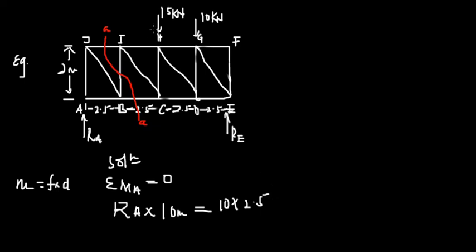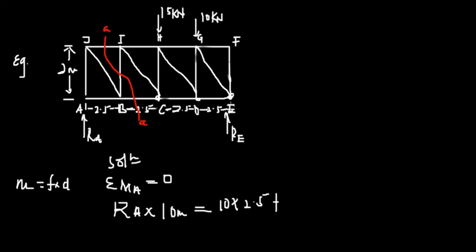And then you add that to 15 kilonewtons. From 15 kilonewtons to the point where we are taking the moment is 2.5 plus 2.5, that's 5. So from RA to E, and from here you're having 2.5 plus 2.5,